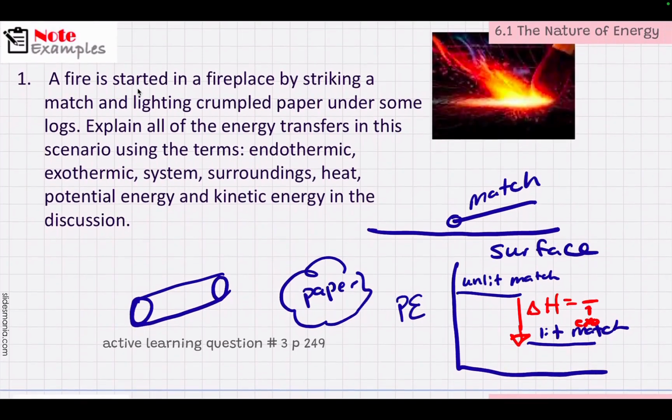This is just a question thinking about if you were to start a fire with a match and all the different energy conversions, endo, exo, system, surroundings. There's a lot of different ways to look at this, but if you think of it starting with the match, if the match were the system, there's a little bit of an input with kinetic energy in striking the match, but then after that it's exothermic. So the energy from the match would go into the paper. So it's endothermic to the paper, but exo to the match. But then eventually the paper starts on fire and it will start to emit energy into the air and into the log. So it really just depends on what part you're looking at.